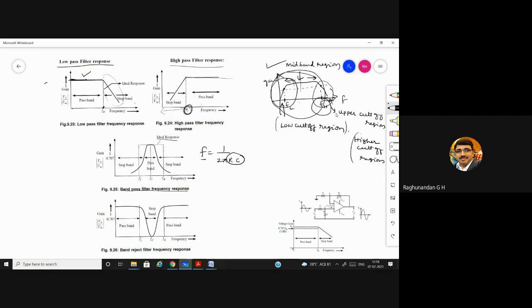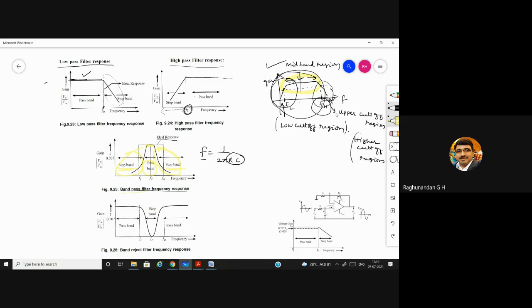Between them, whatever frequencies we have in this midband region, the midband region that I told you about, those midband signal frequencies will be passed, and the low frequencies and higher frequencies will both be eliminated. They will be stopped. That's why it is known as the stop band. This portion is stopped, this is stopped. This is the pass band. Only this frequency is allowed. So this is the band pass filter frequency response, which is going to pass the midband region frequency.